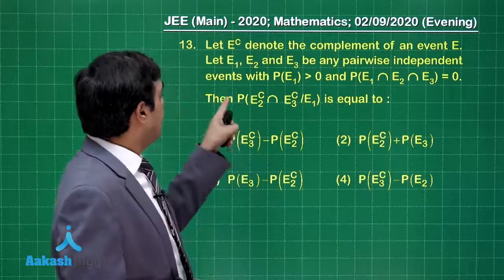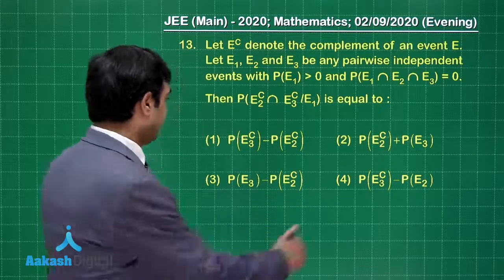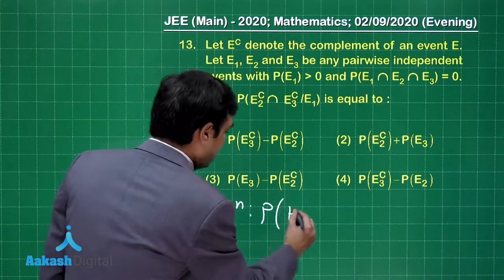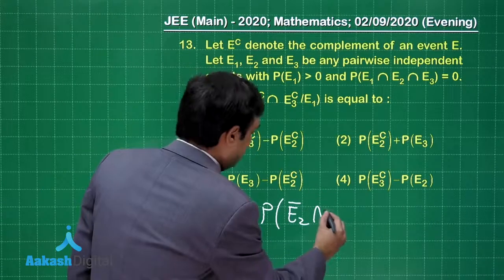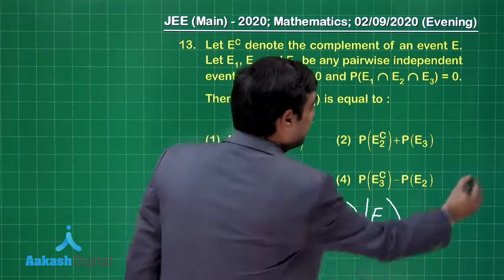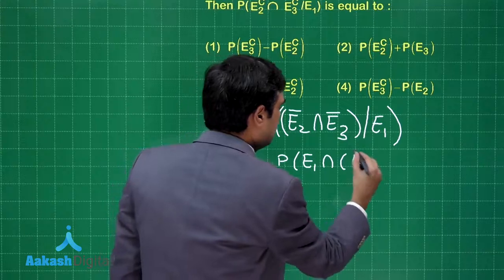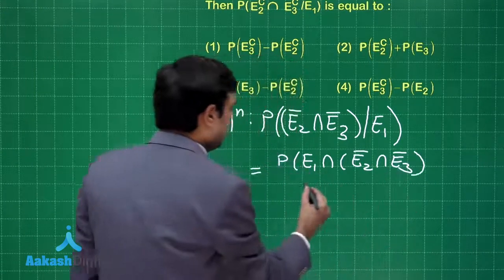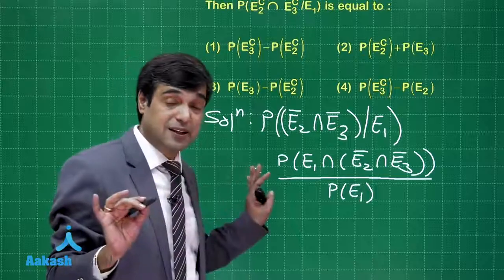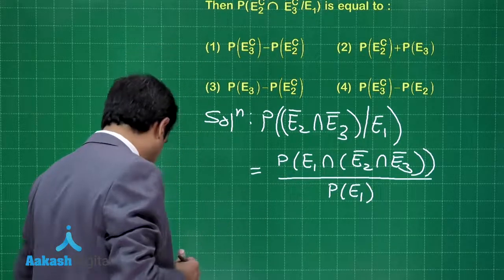Clear? Then the probability of E2 complement intersection E3 complement given that E1 has already occurred is, let's try out. Probability of E2 complement or bar, it is the same, E3, given that E1 has already occurred is equal to probability of E1 intersection E2 bar intersection E3 bar, divided by probability of E1. This is clear, conditional probability. All right. Now, when you talk about probability of E1 intersection E2 bar intersection E3 bar, let's try this thing,